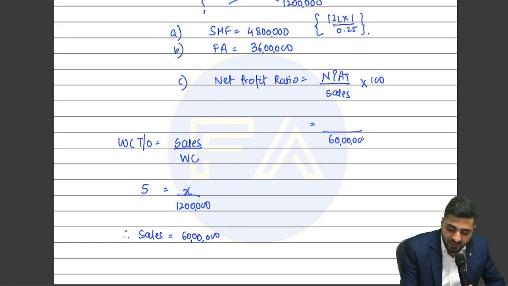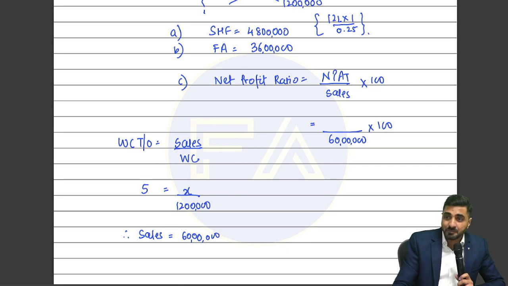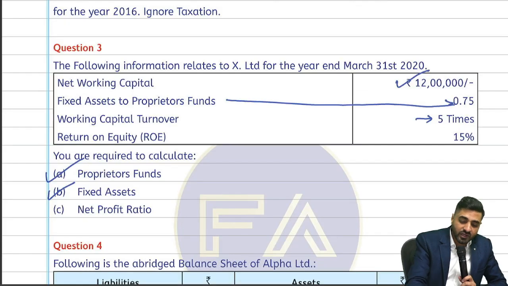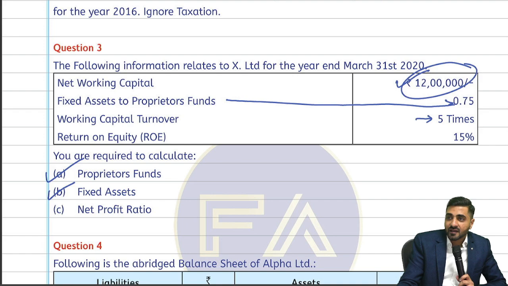Now, ladies and gentlemen, boys and girls, please tell me: do I have the NPAT readily available, or do I have to find out the NPAT? Is the NPAT figure readily available in the question? Can you see that? Nothing to think about, only one figure in rupees was given to you. There is no other data, no direct figure given to you. You have to derive that figure. We'll derive this figure with the help of which ratio? Everyone loudly, yaar: ROE, return on equity. Return on equity, what's the formula?